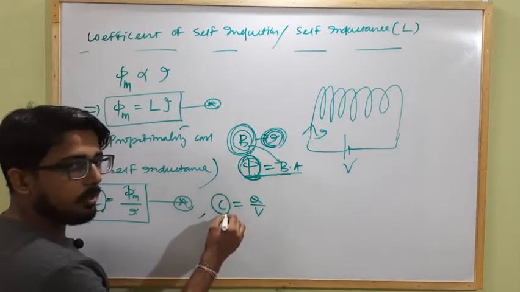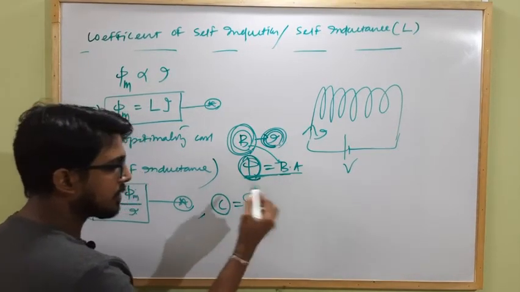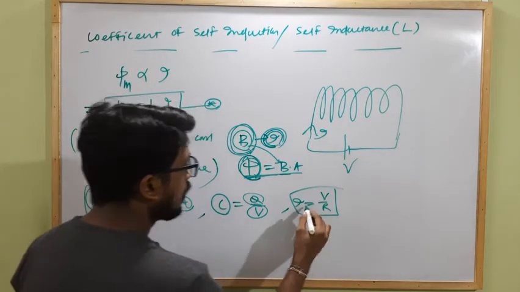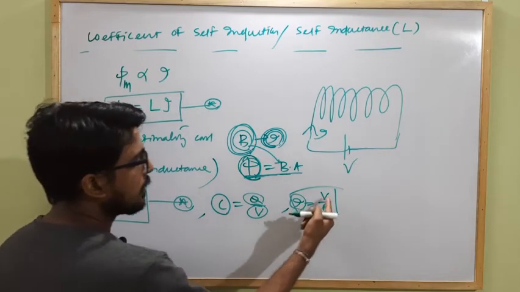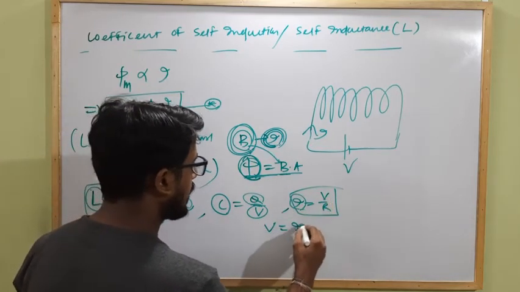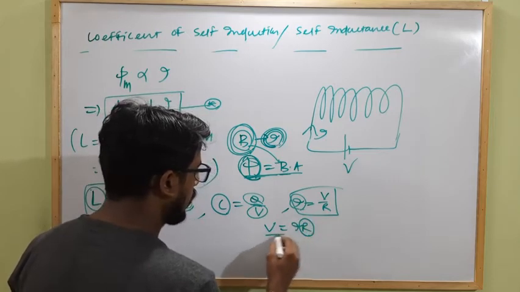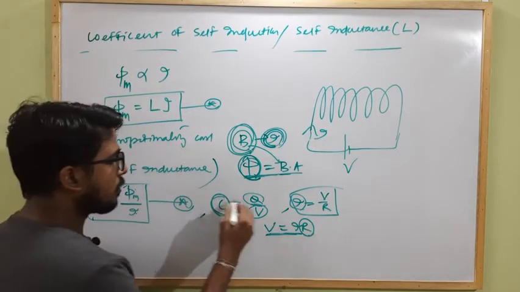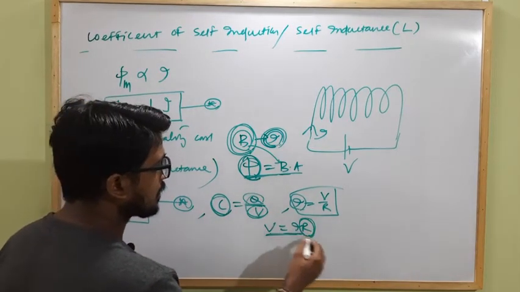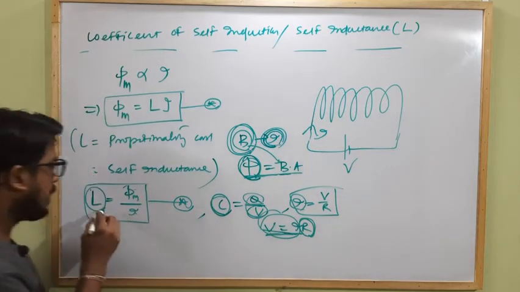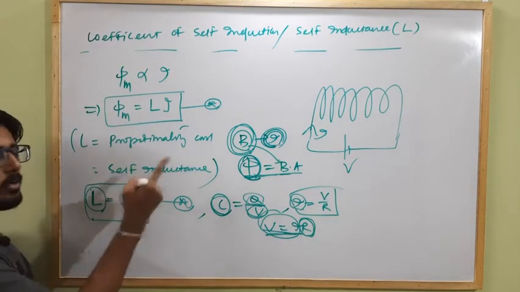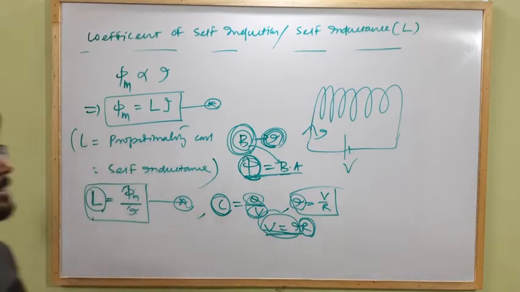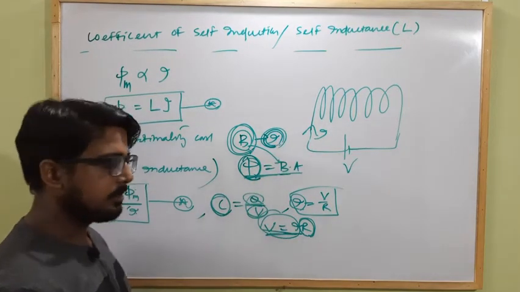But the capacitance of a capacitor does not depend upon charge and potential. Similarly, as I equal to V by R, the current flowing through a conductor is V by R, so V equal to IR. So here R, resistance, does not depend upon V and I. Clear? So as C does not depend upon Q and V, and R does not depend upon V and I, similarly the self-inductance of an inductor does not depend upon the flux and current linked with it. It depends upon its geometry. Clear?